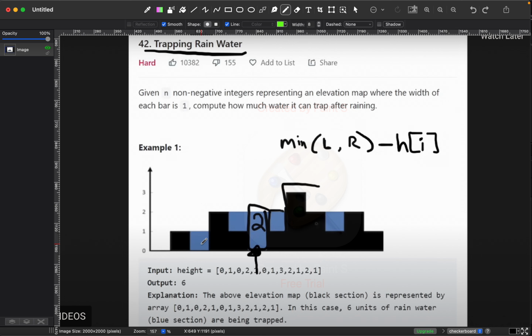So for here, I want to take the minimum of the left side and the right side. So it's this and this. But for here, it is this, but it's too high, so it's gone. For here,